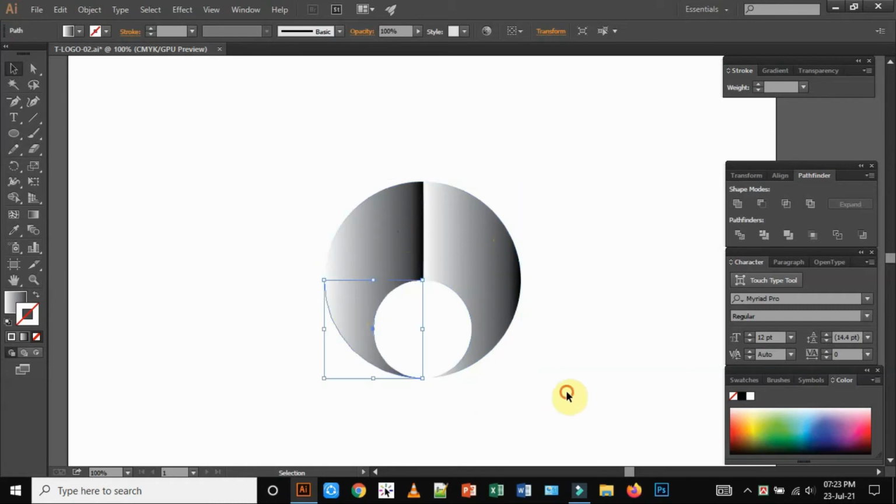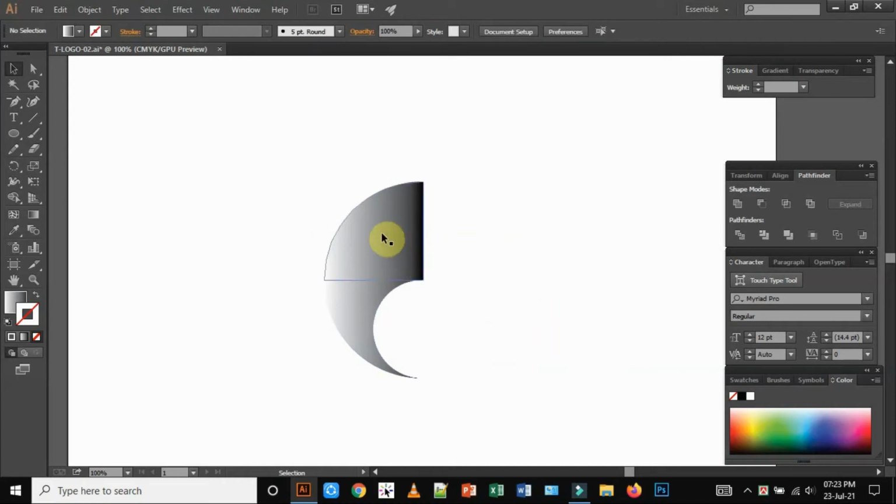Now I am deleting one after another. Now delete this one and then delete this one also, and finally delete this, and now you have to paste the circle which was copied before doing this work. I have to press Ctrl and then just click F. After that you have to select this one,